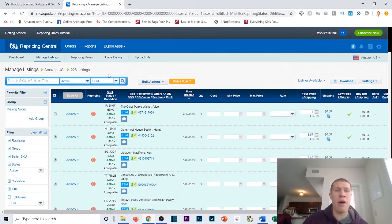Here's a view of it in the back end really fast. I'll just run you through exactly how I plan to use it. Now, keep in mind that I don't actually use repricing software for my FBA listings a lot of the times, okay? The reason for that is I'm going after maximum approval, which is something we've talked about many times, and so I like to reprice a lot of my FBM books because I don't constantly like to go through and